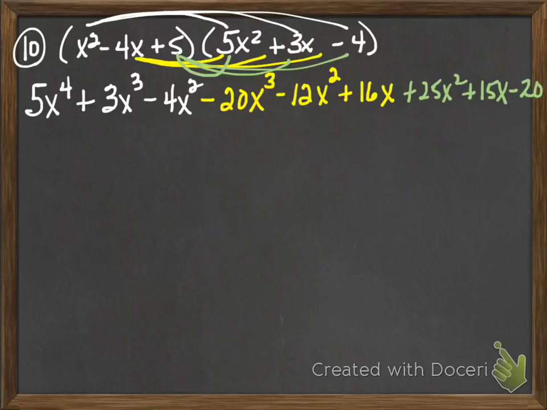Okay, you just got a whole lot more to multiply, and then you got to go back and find like terms. What I do is I go from the highest exponent to the lowest. So the highest is the 4th. Do I have any more terms that have 5x to the 4th? No. So bring it down. You need to have a system for the way that you do this or it's going to get really confusing. Alright, x cubes. If I multiplied correctly, I have 2 terms that have x cubes, and they're going to combine to be negative